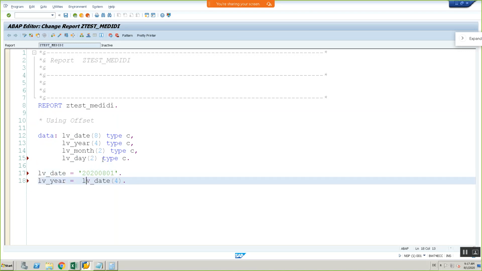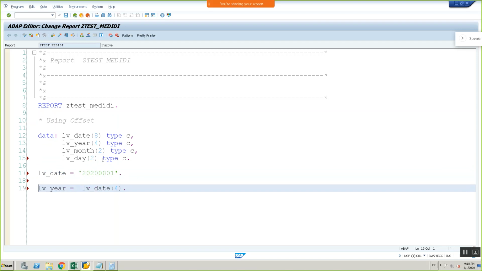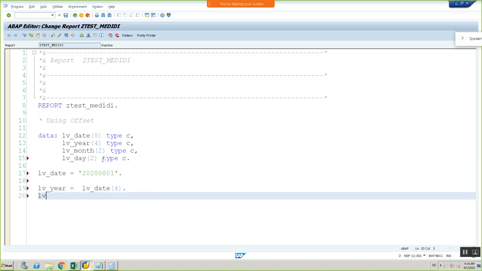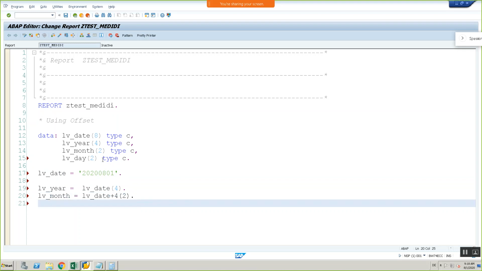Okay. LV date is equal to 2020-08. LV year is equal to LV date of 4. LV underscore month is equal to LV underscore date plus 4 of 2. LV underscore day is equal to LV underscore date plus 6 of 2.